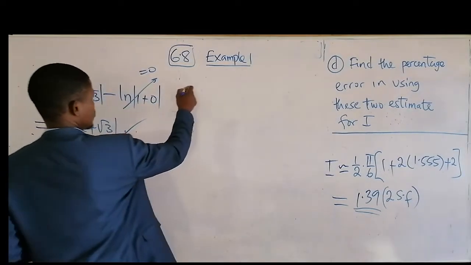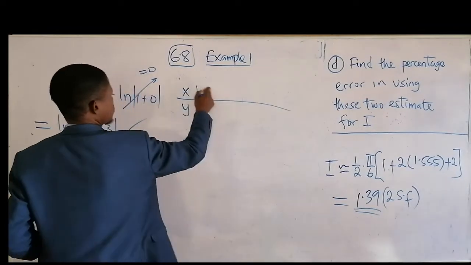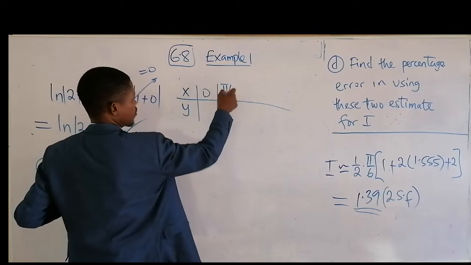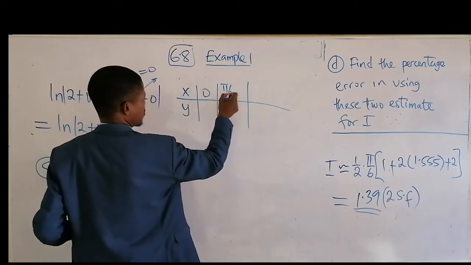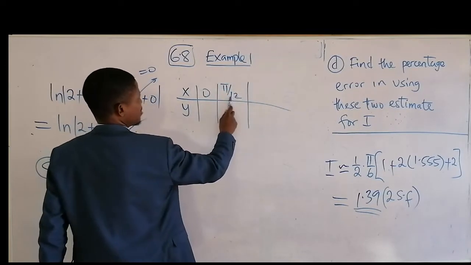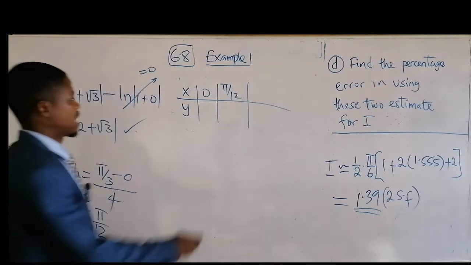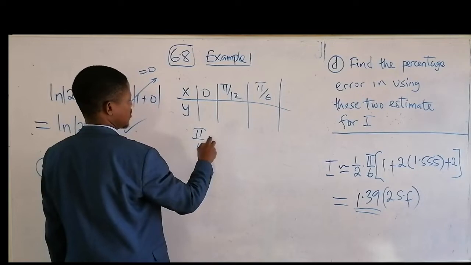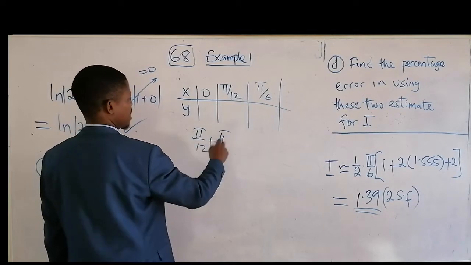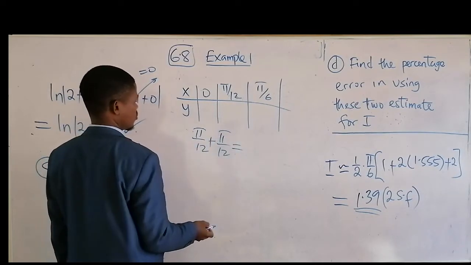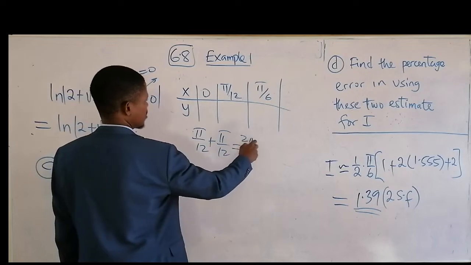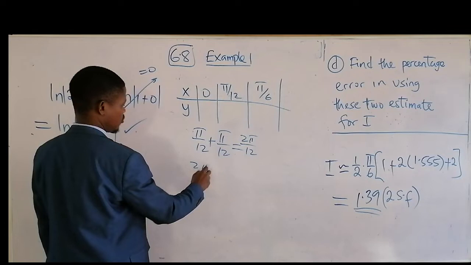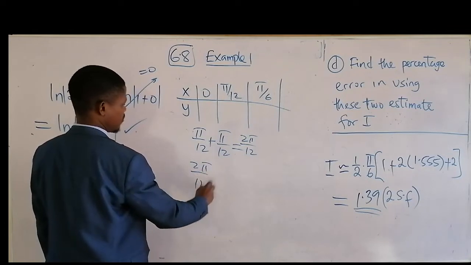So let's form the table. Our x starts from 0, and then the increment is h, that's pi over 12. Then this one, pi over 12. Then this one again, plus pi over 12, so that will be pi over 6. Keep this one, pi over 12, then plus pi over 12, which is equal to 2 pi over 12, and that's pi over 6. So then the next one, 2 pi over 12 plus pi over 12,